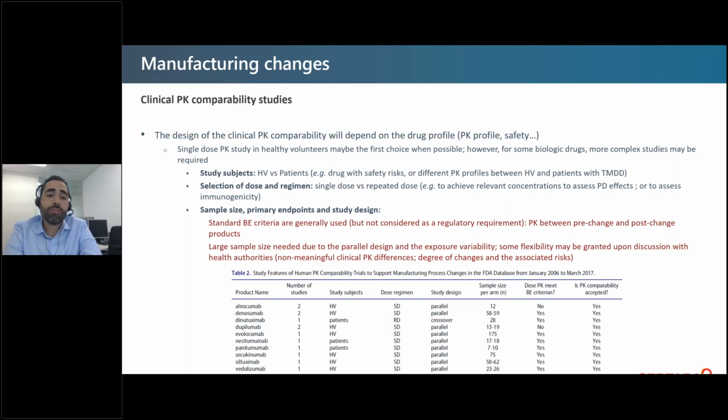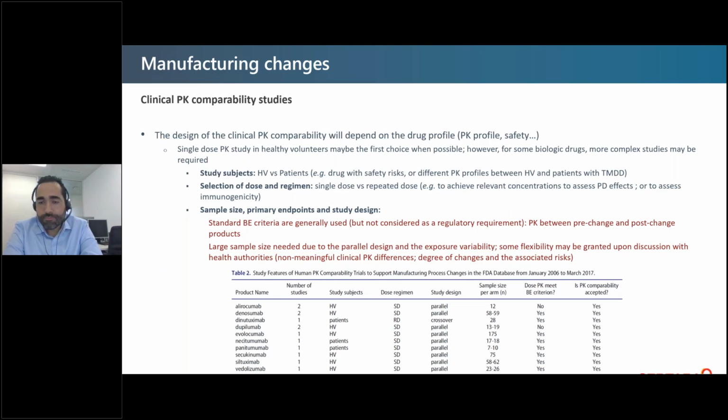Nevertheless, the calculation of the sample size generally will lead to a high number of subjects, and this is not due to the bioequivalence criteria, but due to the parallel design. As we saw previously, the elimination of this drug is relatively slow, so you cannot consider washout between two sequences to compare this drug. So generally, you need to have this parallel design, and this will increase the number of subjects needed for the